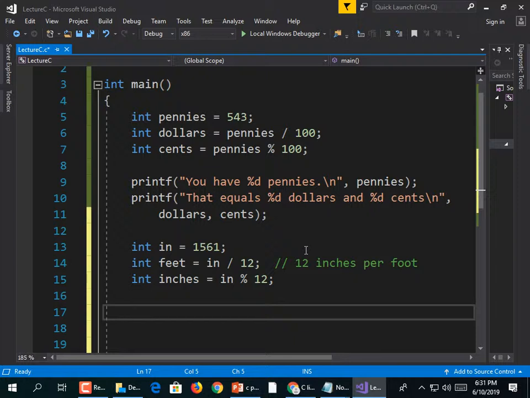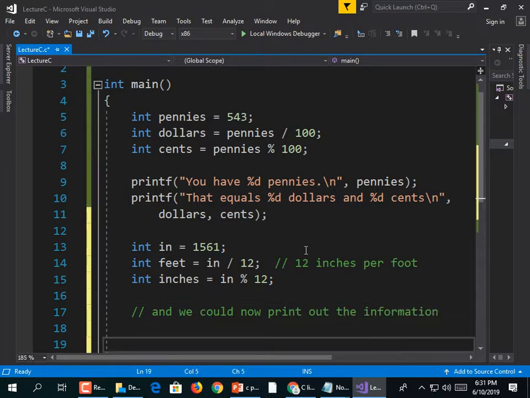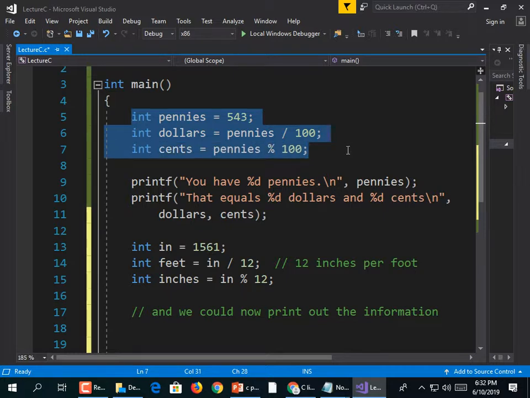And again, we could put some print statements. And so on. Thousand grams in a kilogram, 5,280 feet in a mile. Right? There's all sorts of different ratios. 3 feet in a yard, and so on. I'll probably make a homework assignment where we use this kind of thing to do